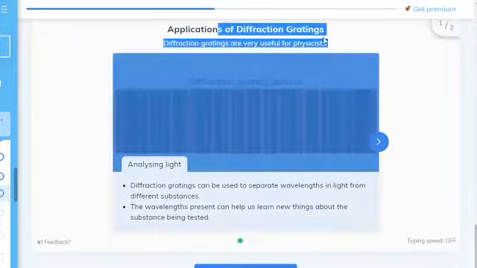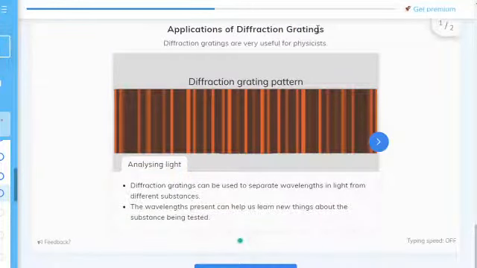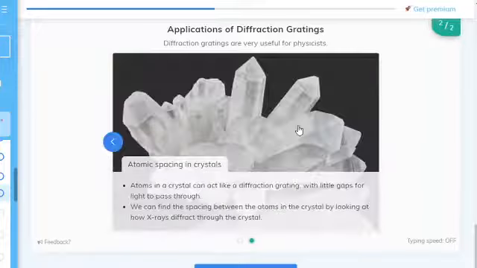So, applications of diffraction gratings. Diffraction gratings are very useful for physicists. Analyzing light: diffraction gratings can be used to separate wavelengths in light from different substances. The wavelengths presented can help us learn new things about the substances being tested. Atom spacing in crystals: atoms in a crystal can act like diffraction gratings with little gaps for light to pass through. We can find the spacing between the atoms in a crystal by looking at how X-rays diffract through a